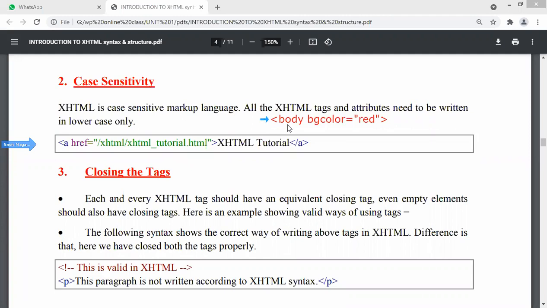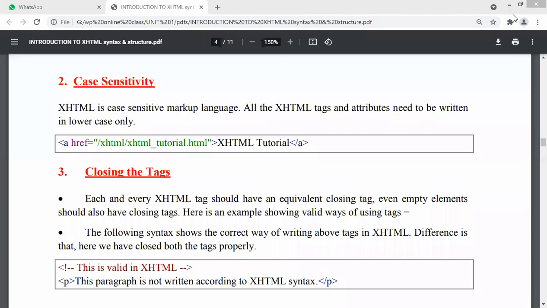Compulsorily, you have to write body, and then bgcolor, which is the attribute of the body tag, followed by is equal to, double quotes and the value for this attribute. Clear to you? So what it means is everything that you write in XHTML must be in lower case.